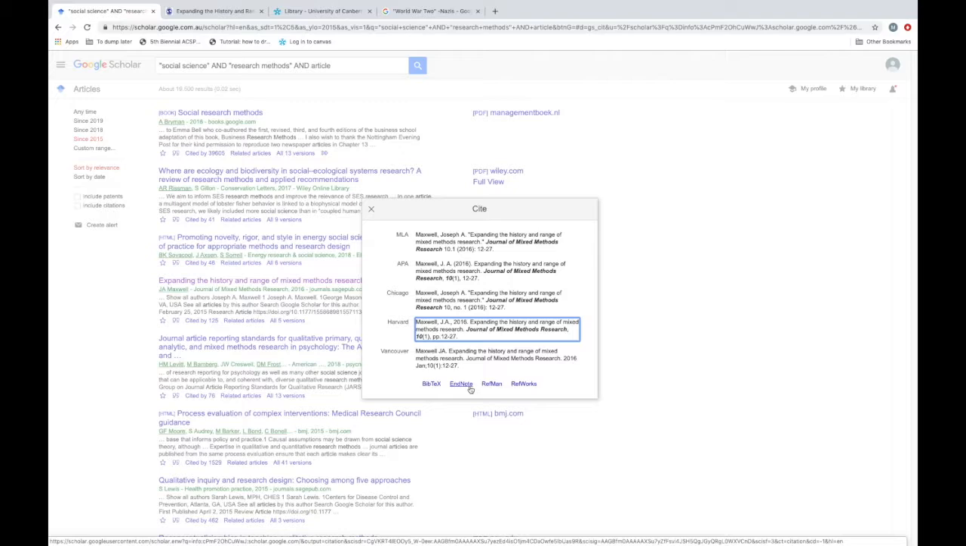EndNote has been through some updates and it's not compatible. It's not happy with Macs anymore. So if you've got a Mac, I recommend RefWorks at this point in time. I'm hoping they're going to fix it. Okay, so